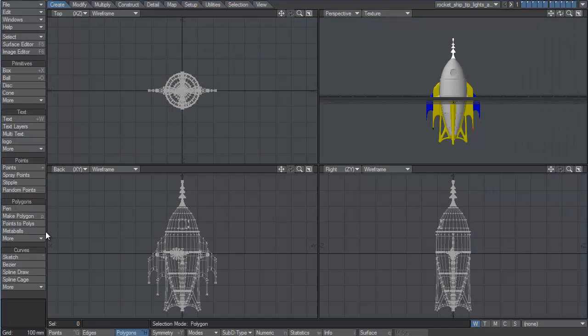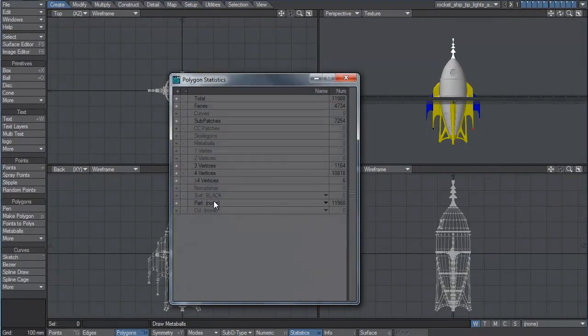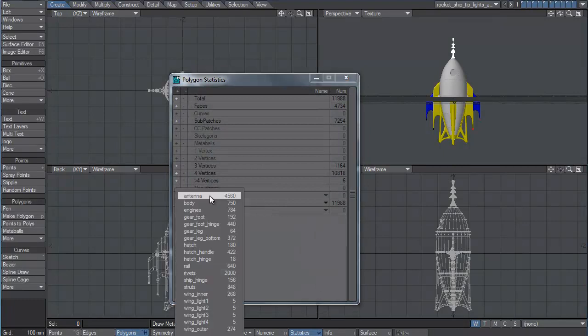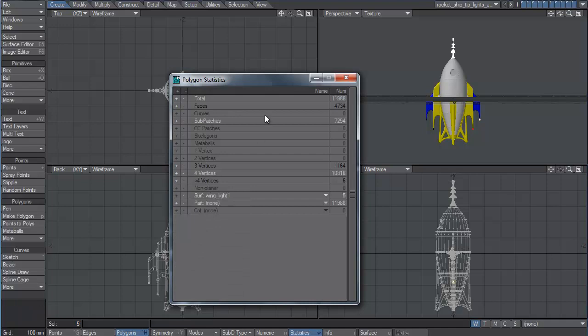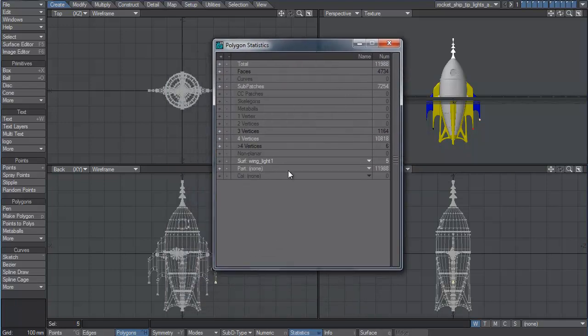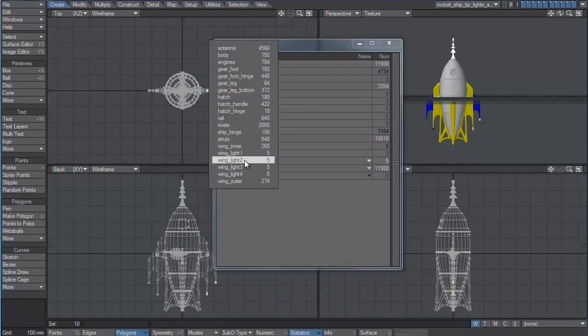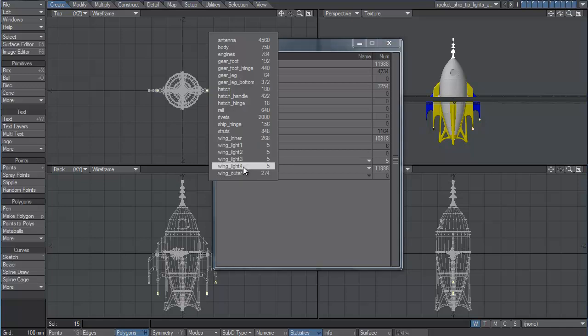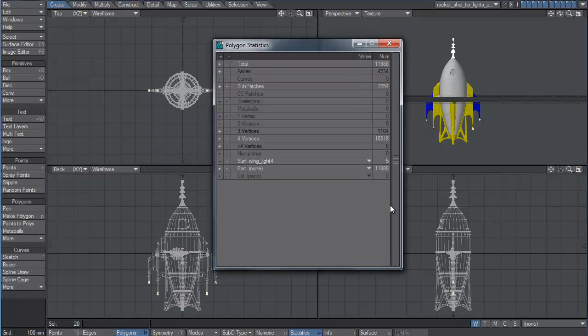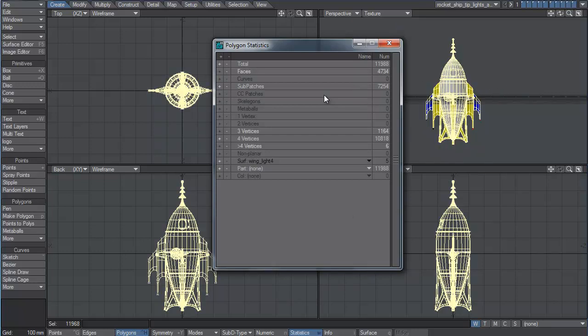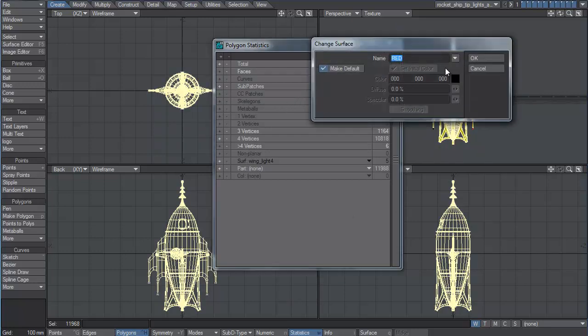First thing I want to do is grab all the polygons of everything else. The easy way to do that is to grab the 4 wing lights, just those 4. There's one of them. Wing light 2, wing light 3, and wing light 4, and then invert the selection. Once again, it's double quotes to invert the selection, and all of this stuff becomes black. So Q, I'm going to call it black,